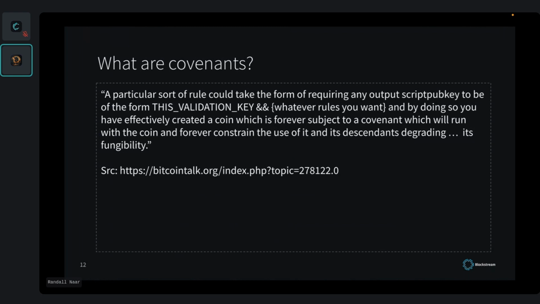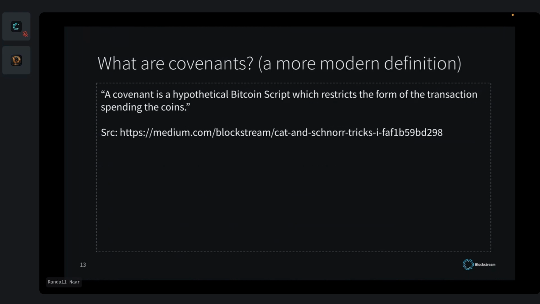But I also wanted to go over a more modern definition of covenants that has been posted more recently. And it's here. This is from Andrew Poelstra. He writes in his Medium post, "CAT and Schnorr Tricks," that a covenant is a hypothetical Bitcoin script which restricts the form of the transaction spending the coins. And I kind of like this definition,